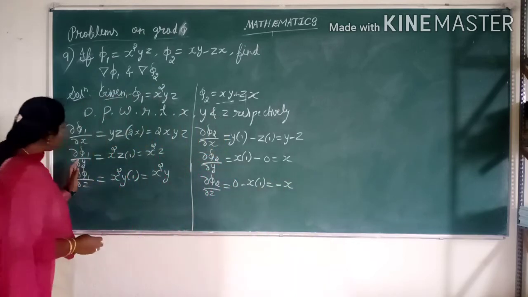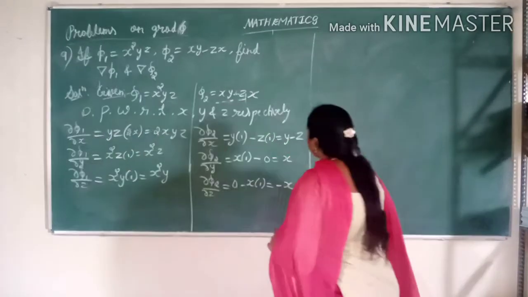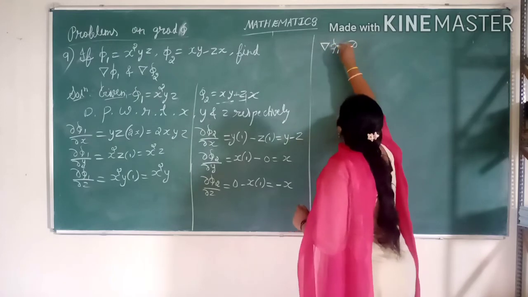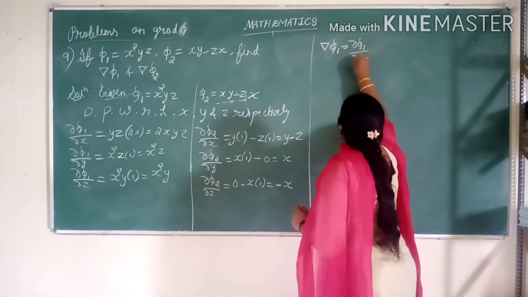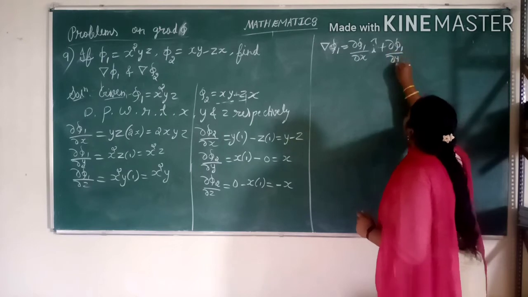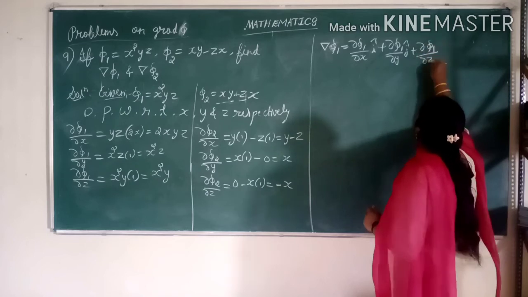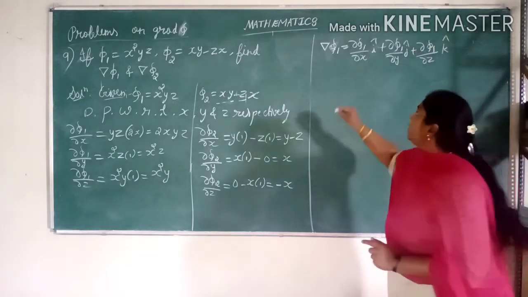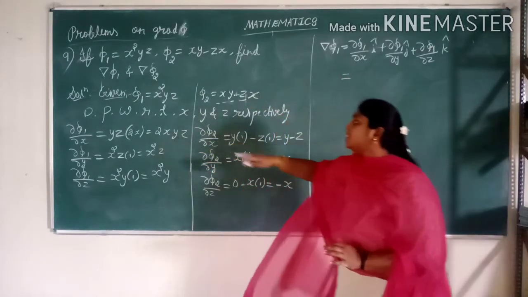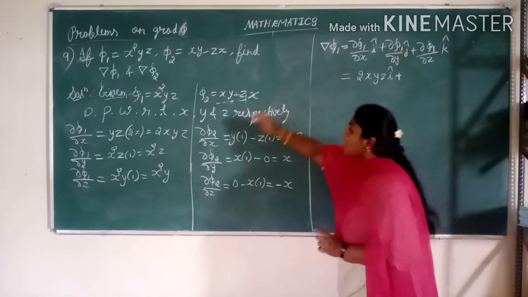After finding the partial derivatives of phi1 and phi2, write out the formula for grad phi1. First, what is the formula for grad phi1? It is equal to ∂phi1/∂x into i cap plus ∂phi1/∂y into j cap plus ∂phi1/∂z into k cap. After writing the formula, substitute the partial derivatives. What is ∂phi1/∂x? It is 2xyz into i cap plus, what is ∂phi1/∂y is